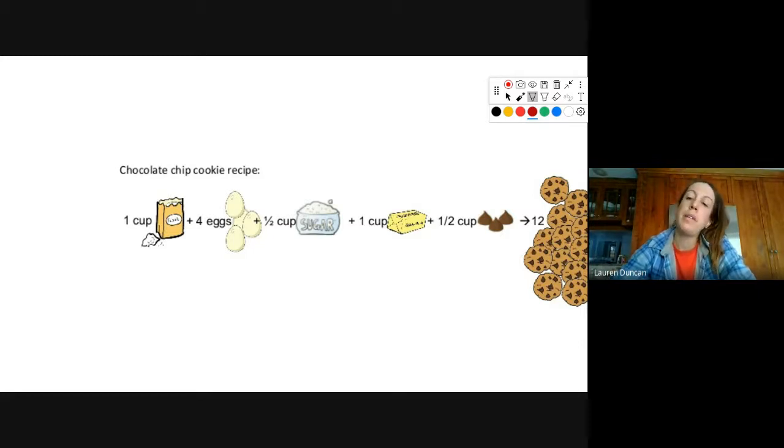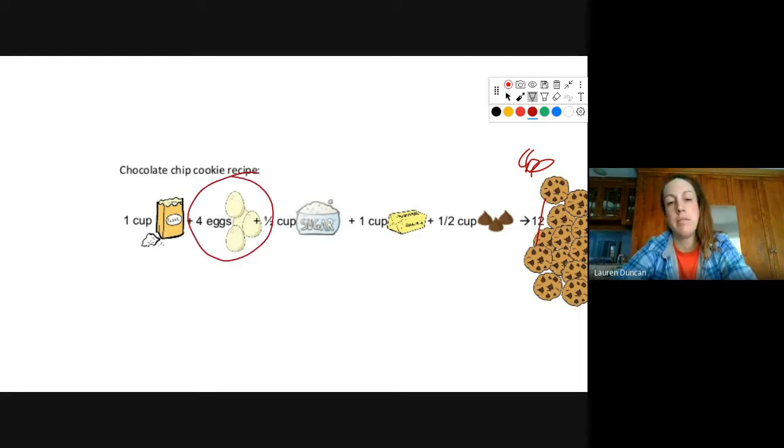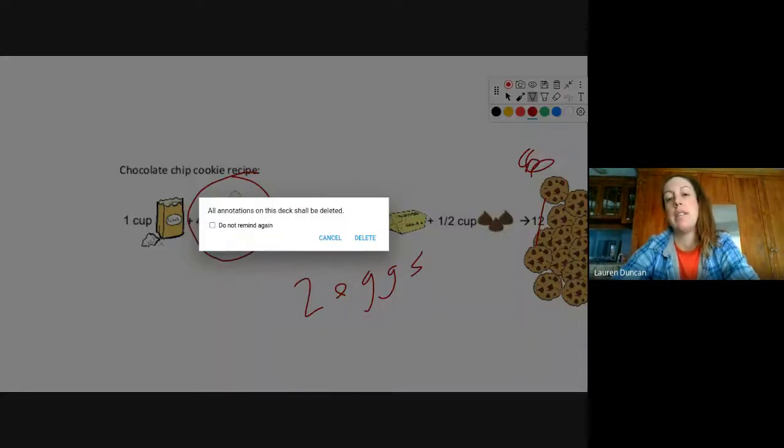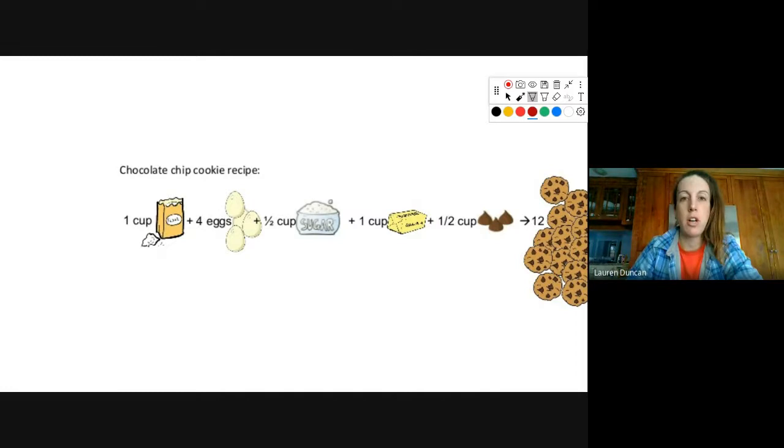Well, what if I wanted to make half as many cookies? What if I wanted to make 6? And that's a 6, sorry. What if I wanted to make 6 cookies instead of 12? Okay, I'm on a diet or something. Well, if I wanted to make 6 cookies instead of 12, how many eggs would I need? Well, I would need half as many eggs, so 2 eggs. Congratulations, you just did stoichiometry again, but again, in the context of a recipe for chocolate chip cookies instead of